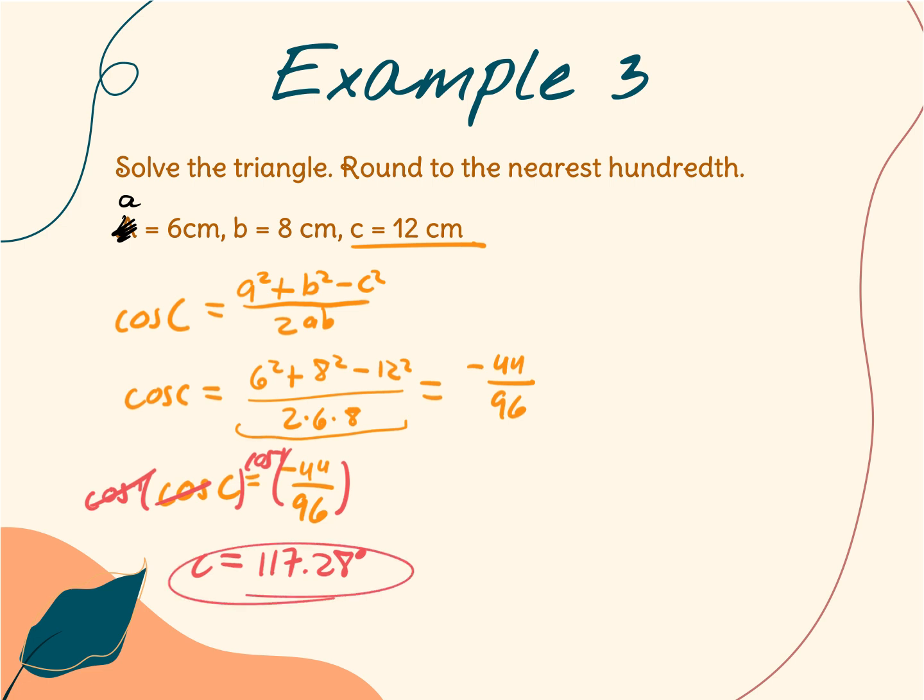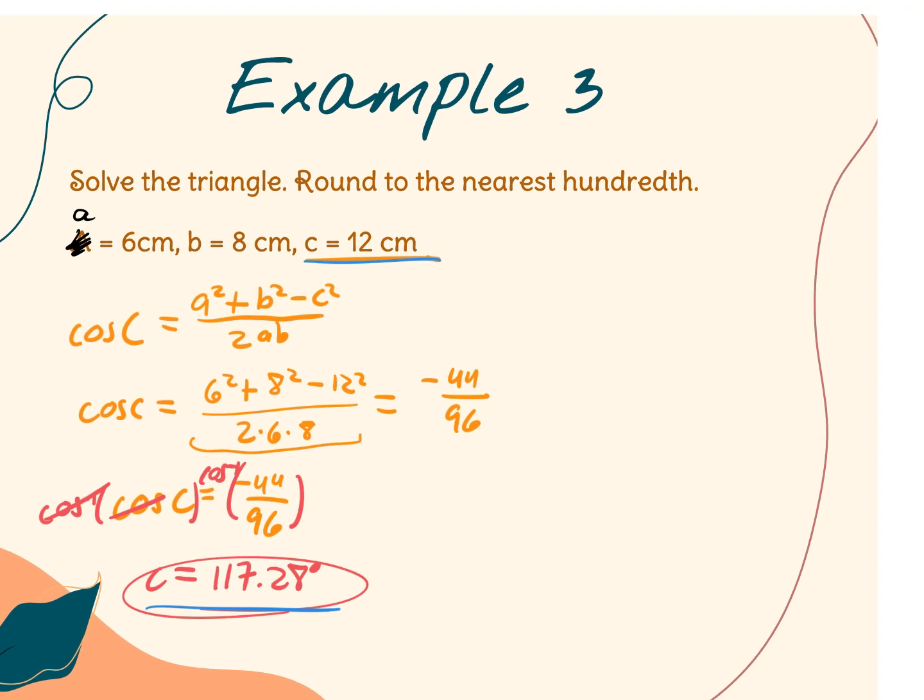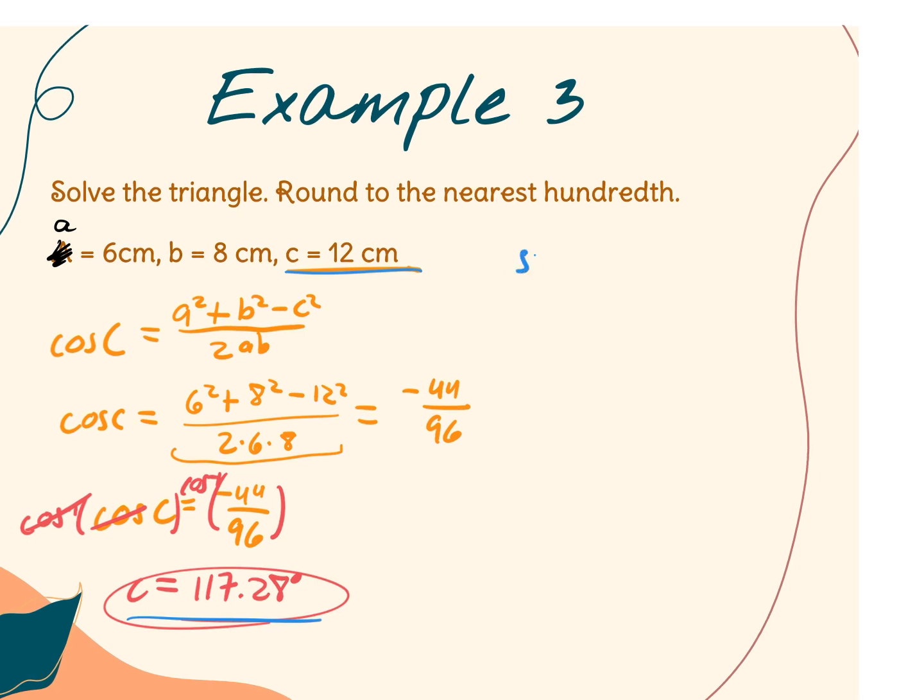So with that information, we can find another angle, right? Because we now have a pair, right? I have a side C and an angle C. I can use that information to try to find another angle using law of sines, right? So I would do sine, let's try sine B, right? I want to find B over 8 equals sine C over C, so sine of 117.28 over 12, and then multiply both sides by 8, cancel these out,